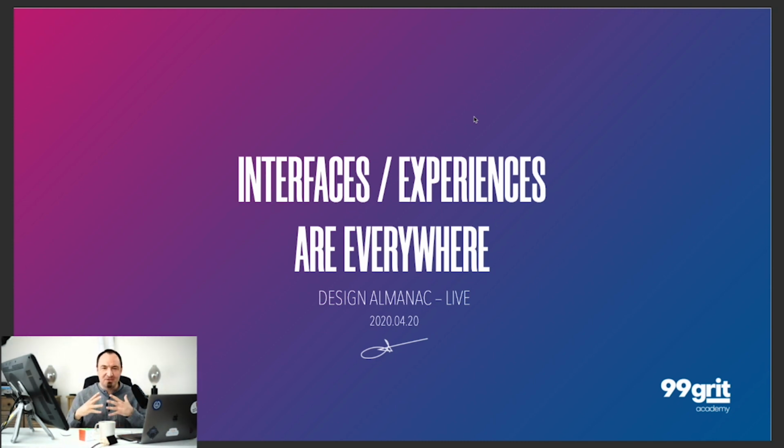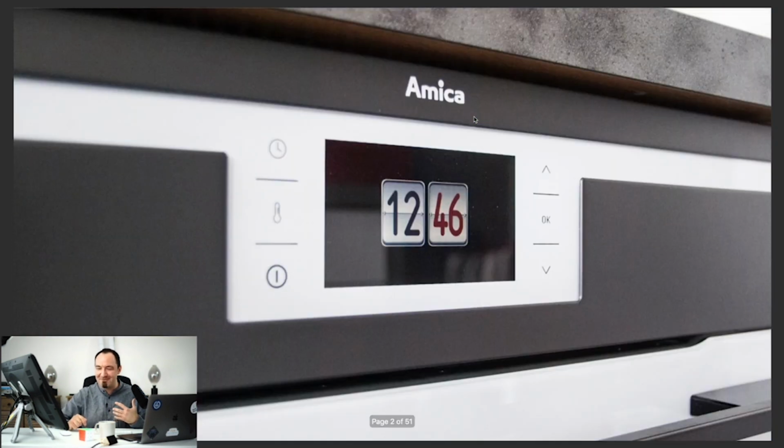So what I wanted to start off with is that there's one simple fact: the interfaces, or experiences related to those interfaces, are pretty much everywhere around us now. And if you walk around your house like I did a few years back, and these are photographs from a few years back, I've taken some photographs of the interfaces that I'm surrounded with on a daily basis, and attached to those interfaces are specific experiences, and I'm sure that you can relate when it comes to using